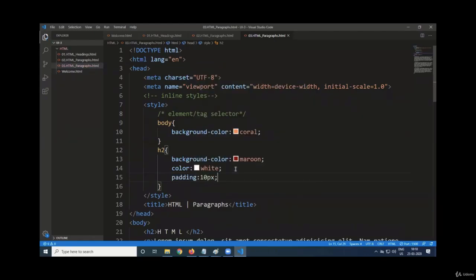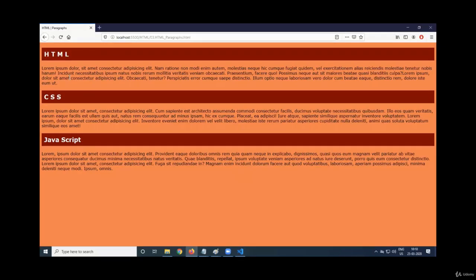So pixel is a unit. We say centimeter. From Hyderabad to Bangalore, 540 kilometers. I drink daily 8 liters of water. So padding 10 pixel, 1 by 72 of an inch. 1 inch, 1 by 72 part is nothing but 1 pixel. Now space is coming. Gap is coming. 10 pixel gap is coming in between.